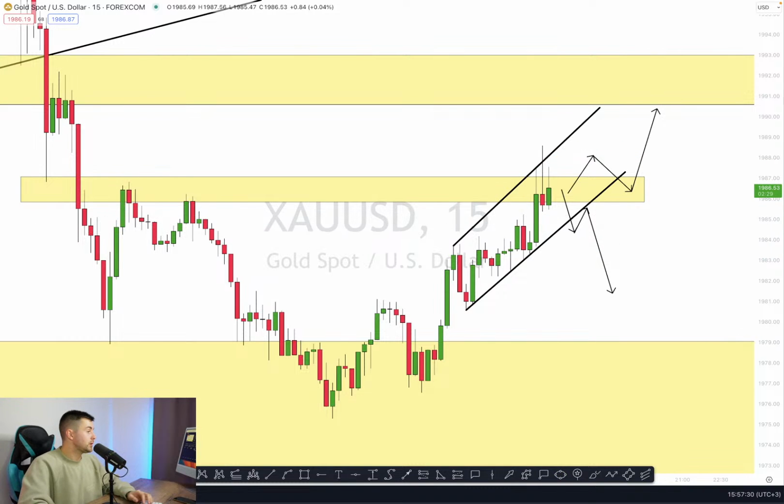So the main thing about gold analysis, cheaters, is that after the Fed rate decision, after Powell, everything can be screwed. Yes, everything can change. All the patterns, all the structures, everything can easily be broken. However, still, statistically and over time, even during the releases of the important fundamental events, patterns still work. Key levels still work. And that is why I'm showing you all these patterns.